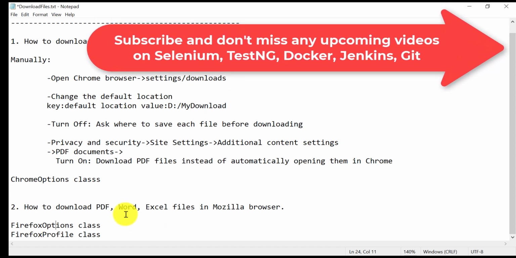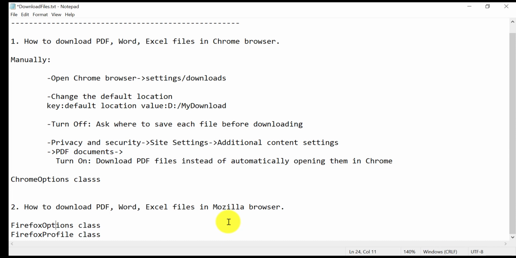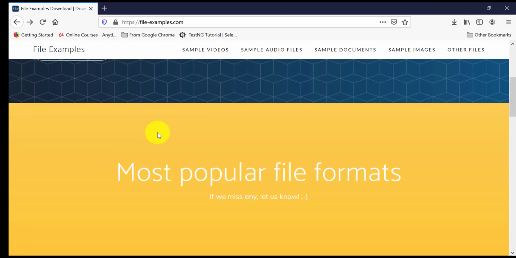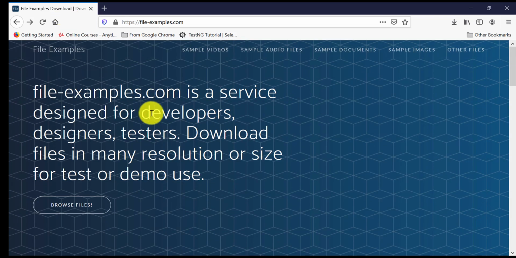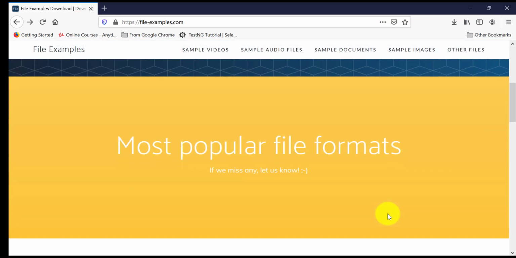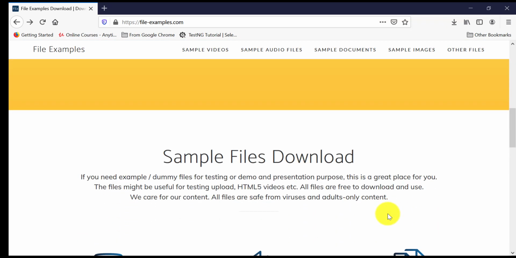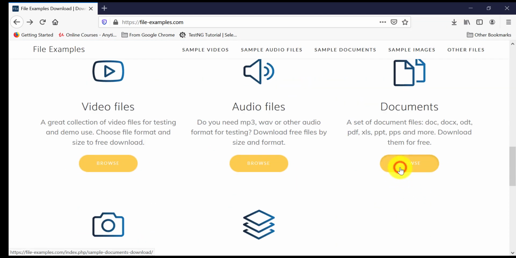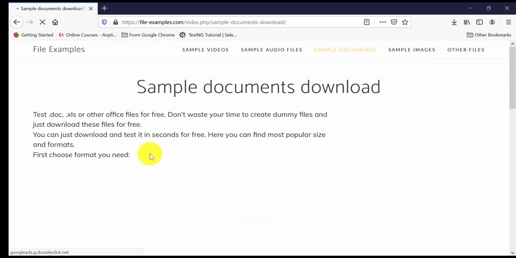So how to download the file? Manually we will see what challenges and issues come up when you try to download, and then we will see how you can automate it. This is the sample website for demonstration purposes, and we will try to download different files like doc, PDF, and Excel XLSX. Let's see manually.